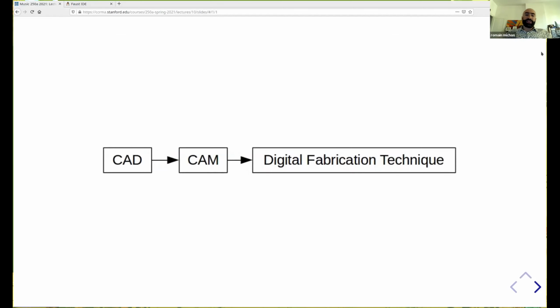Usually with digital fabrication, you always go through these 3 steps. The first step is you use a CAD software, a computer-assisted design software, to design a part. For instance, in our case, we're using OpenSCAD or any other software you'd prefer to use. But the one we recommend for the class, especially if you've never used CAD software before, is OpenSCAD. With CAD software, you design a 3D object, and we already did that in the previous class. And then you use another software,